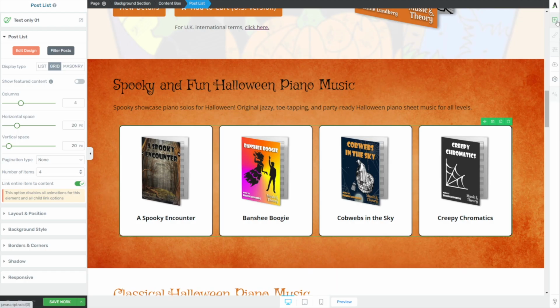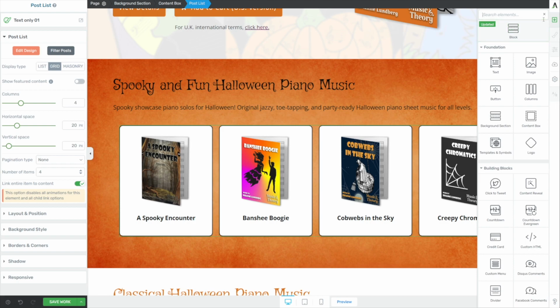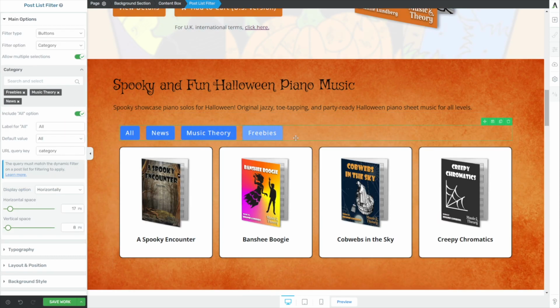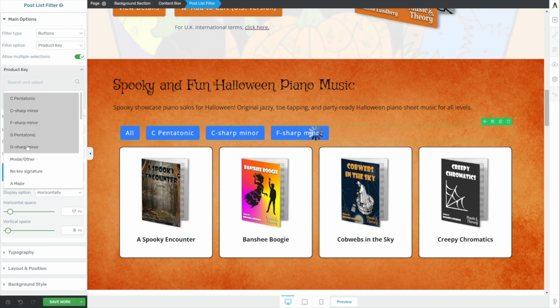But we can take this one step further. We can actually come in and add our filter. So I'll do a search for filter and drop that above. And now we can come into here and say, well, we don't want them to be categories. We want them to be up here at the top. Look what happens. If I go to the filter options now and I drop down, because her website has WooCommerce installed, it actually will add product categories, product tags, product genre, these are product attributes that she has on her site. So if I were to add product key and I clicked into here, you can see there's all these,